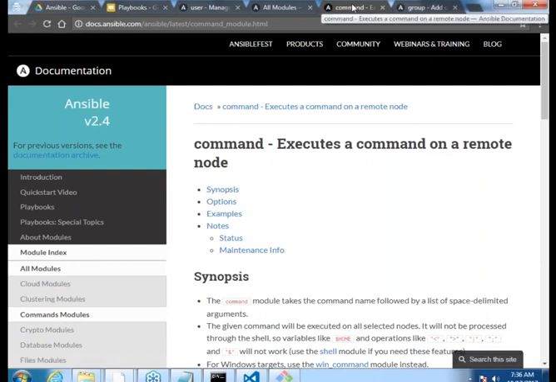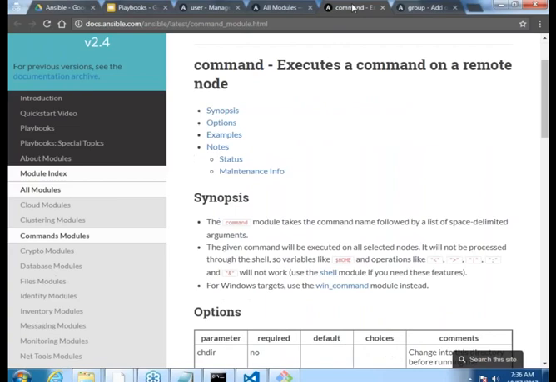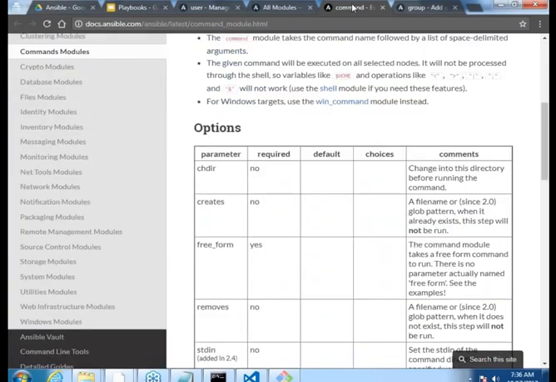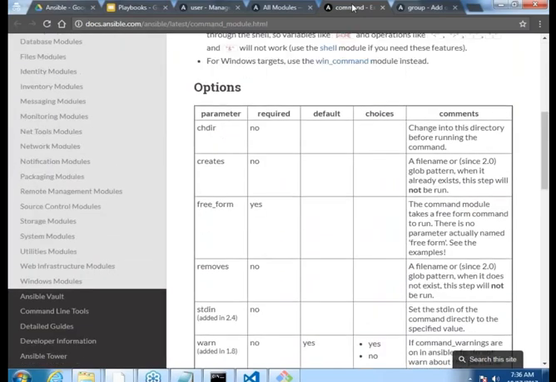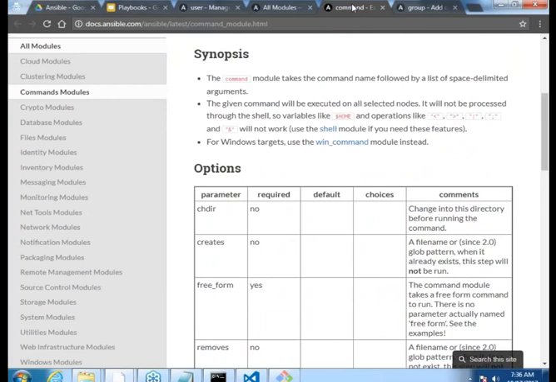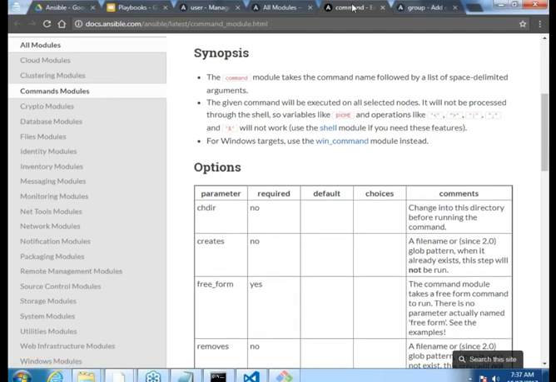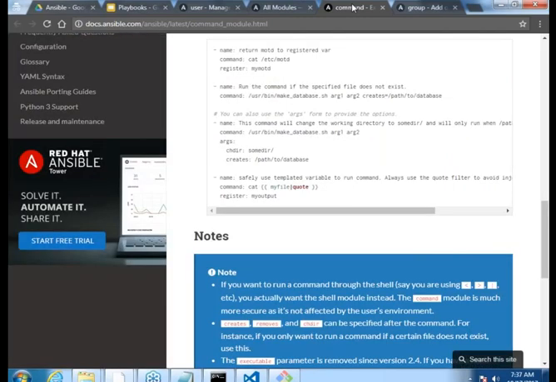Okay. By the way, this command doesn't guarantee idempotency. Whenever you use this, idempotency is not guaranteed. So whenever you are using command, it becomes your responsibility as an Ansible developer to basically correct it. Make sense? Okay. So let us see an example of command.